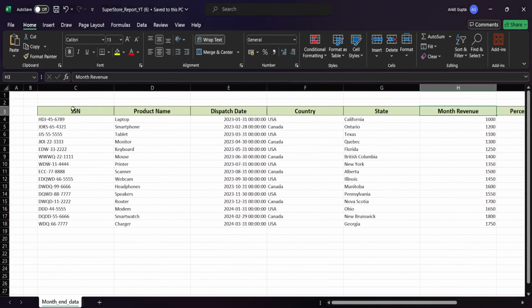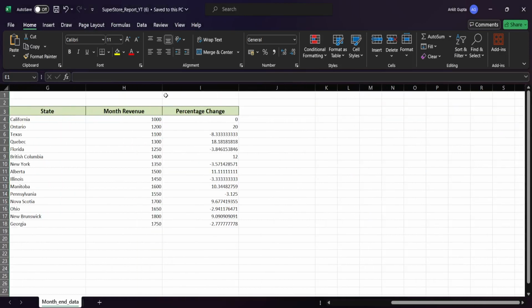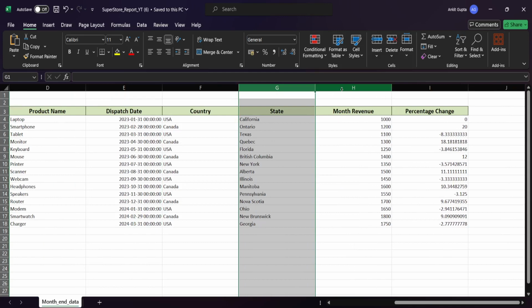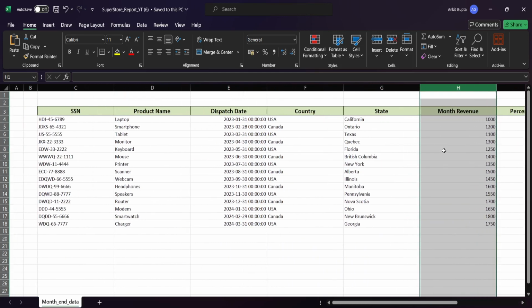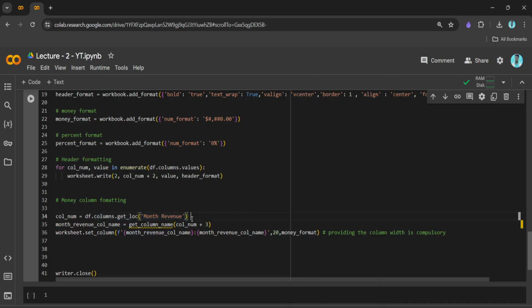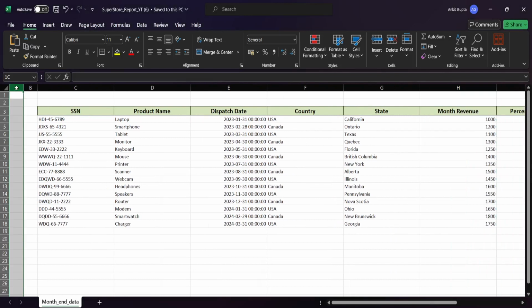Basically, the column names are 1, 2, 3, 4, 5, 6. So what is the position of this? 6. The data frame indexing starts from what? 0. So it must have returned 5. So 5, right? Plus we need to add 3. Why 3? Because we already have 2 columns left over here. So plus 2 for that,